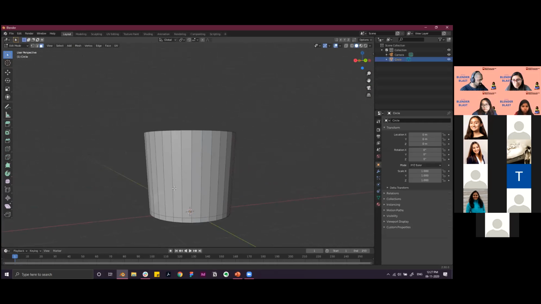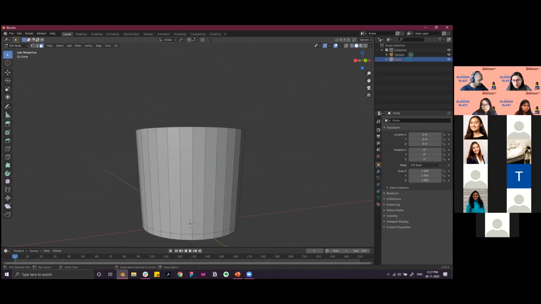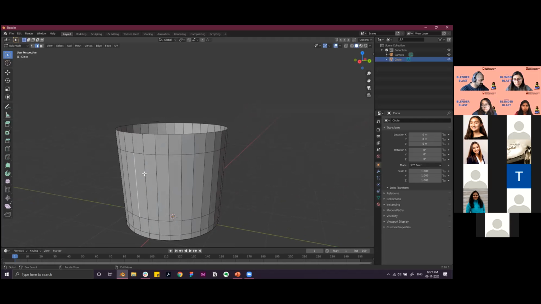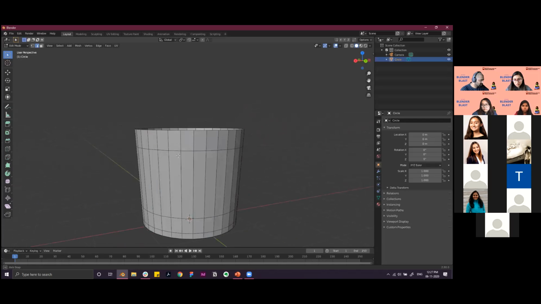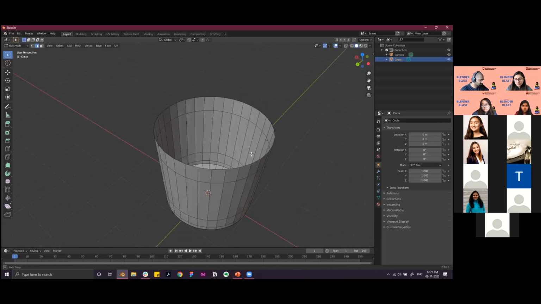Awesome. After you have that ready, you can press Control R, and then you can attach another loop somewhere down here. This is to set the top portion and the bottom portion of the handle. Somewhere around here, you can have the first loop on the top, and then you can press Control R again and drag it somewhere here, and that will create the area needed for creating the handle of the mug.